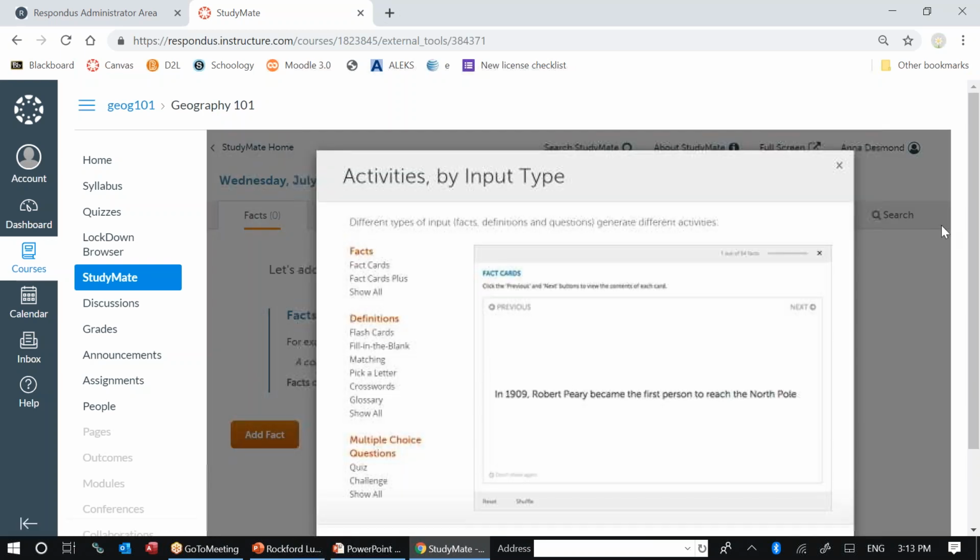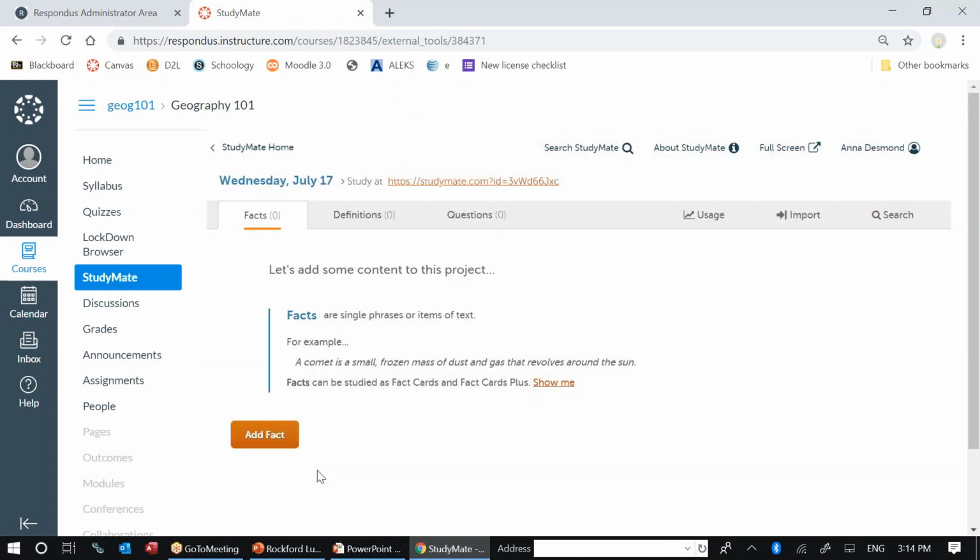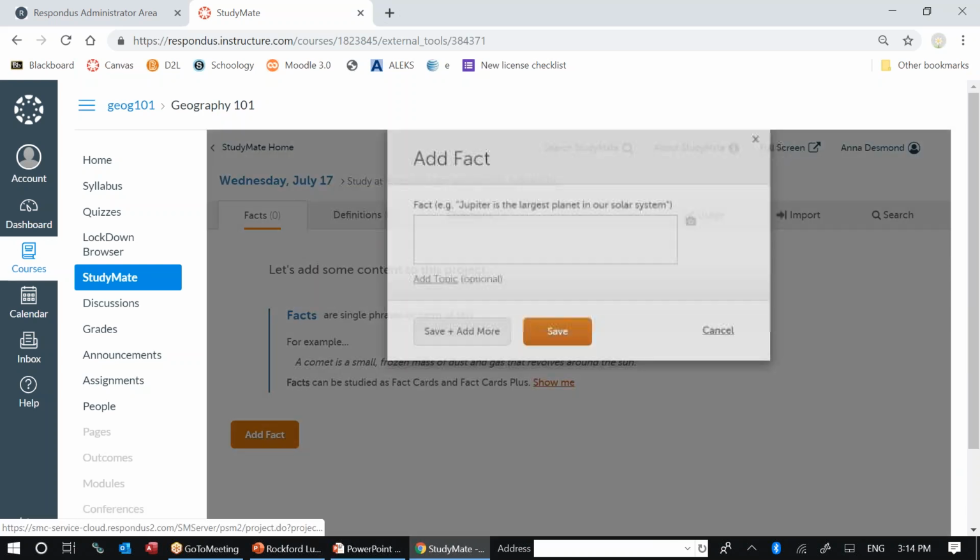You'll notice here these fact cards. Just even clicking on the sample itself, it's indicating to me that the fact cards create 3 different activities. The definitions will create 6, 7 activities, and multiple choice questions will create two activities. So there are a number of activities. The whole premise is to enter the content once and to create several different types of activities rather than entering them 11 different times. If I wanted to simply add a fact,